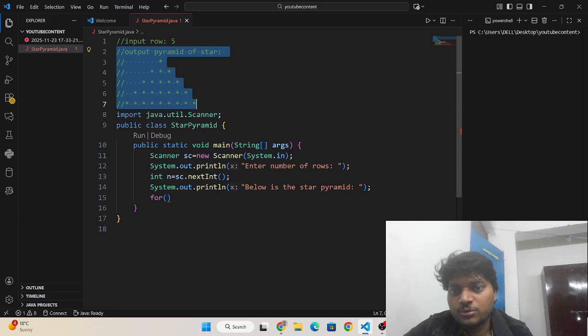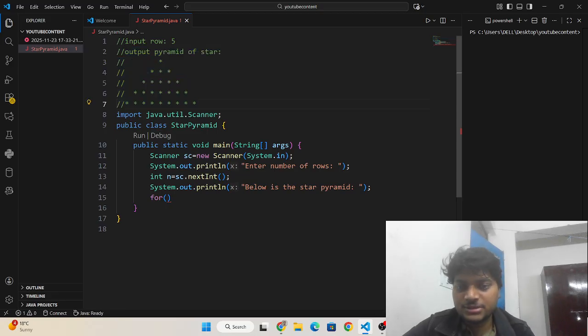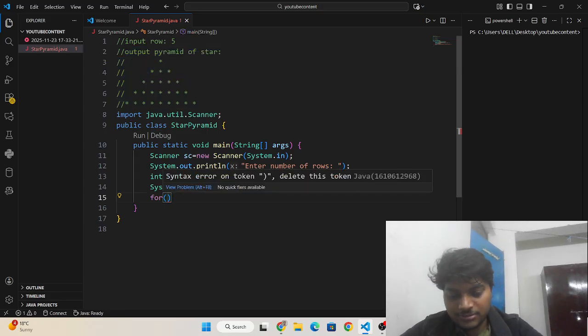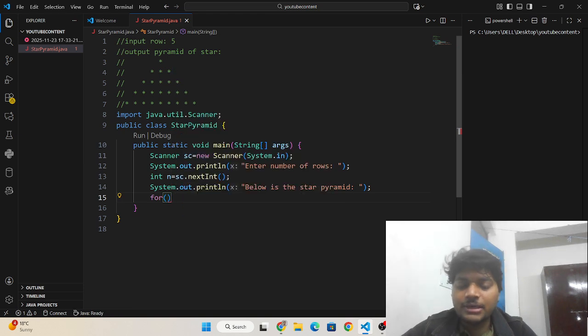So for printing these things, first I'm going to run an outer loop which will control the number of rows in the pyramid. This is the first row, this is the second row, this is the third row, this is the fourth, this is the fifth.